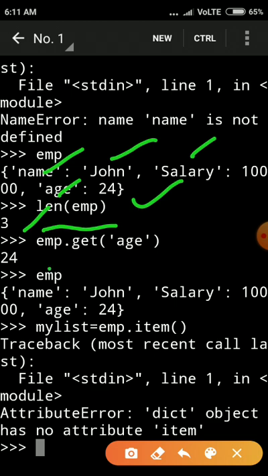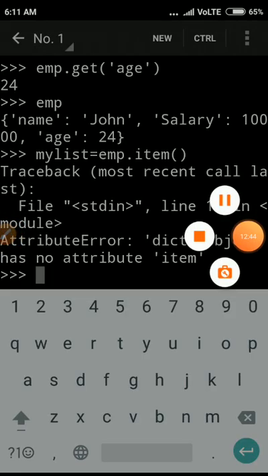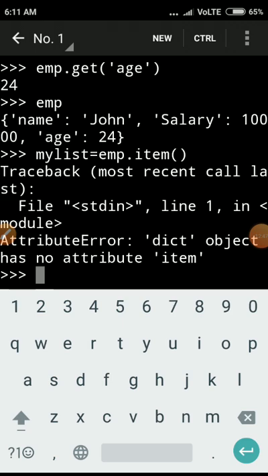Next, the get function is used to access the values of a dictionary. For that we use the dictionary name, then get function, and give the key, so it will return the value of that particular key. This is the basic way to use it. Previously I showed you how to use the keys and values functions.